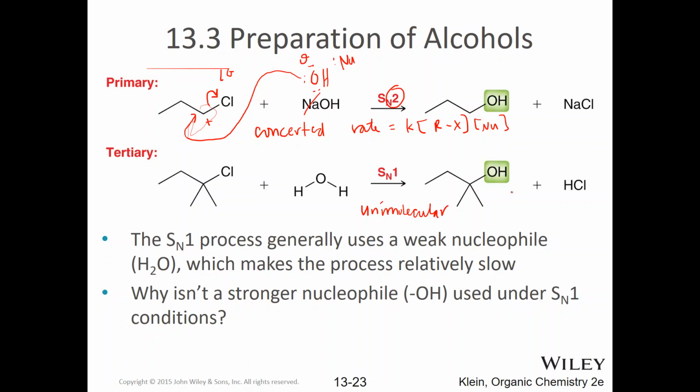Can you read my writing? Unimolecular, that is the rate was just dependent on the substrate, right? That happened like this. First of all, the leaving group left. So you have to have a good leaving group. And when the leaving group leaves, I don't have a lot of space here, so I'm going to go real small. That's a carbocation there. A little ugly. Carbocation, the leaving group leaves, and the water molecule comes in either